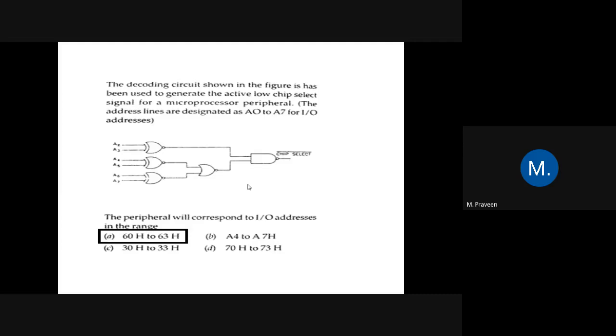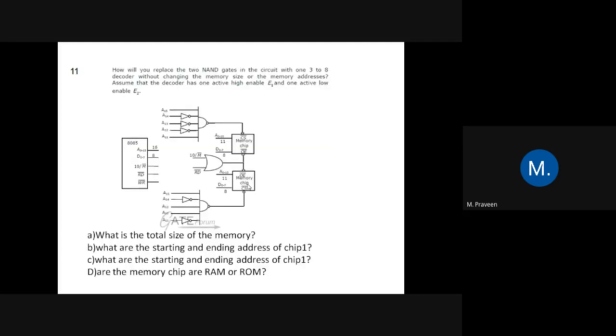Okay, I think the time is 12:17. I think we can end with the 10th question. Actually, I prepared 15 questions. I tried to complete the 15 questions in 1 hour, but we took almost 75 minutes. So you take that question as a practice question. Try to find the answer for the question. We'll stop with the question.